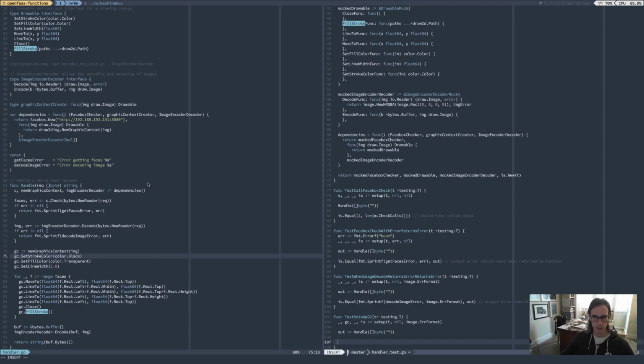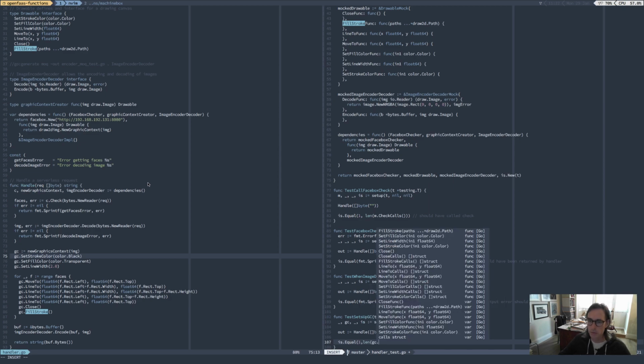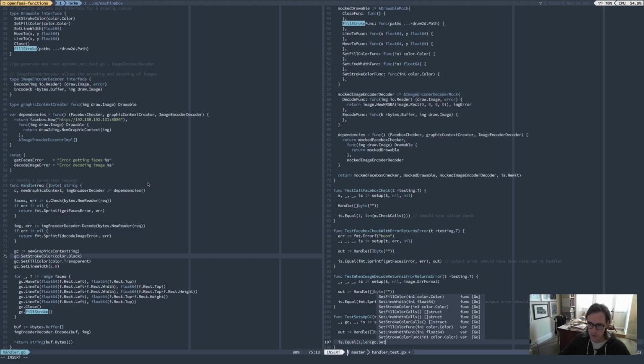I want to check that I'm setting the stroke color. So is dot equal 1, and then we can say len gc dot set stroke color calls should call